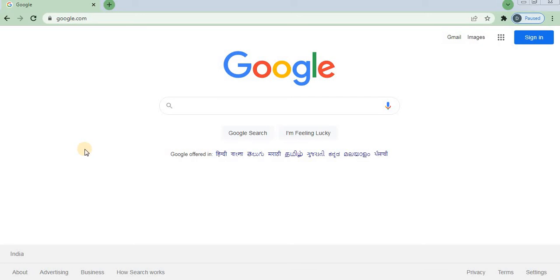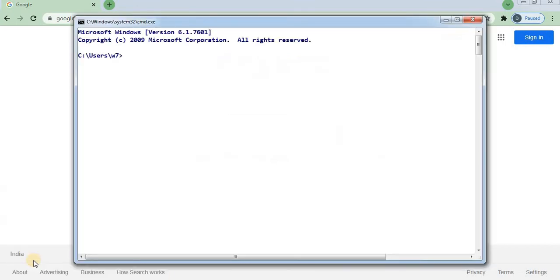Hello guys, so this session is basically for installation of Spring Tool Suite on your machine. To install the Spring Tool Suite on your machine, we have to go through several steps, and the first step is you have to verify which version of Java is installed on your machine and currently used by your system. For verifying, we have to open the command prompt, cmd, and just type a command called java -version.